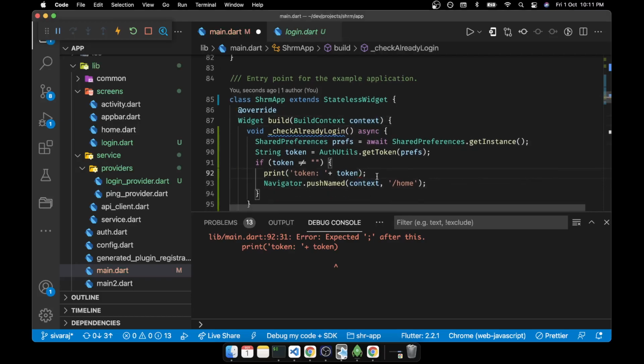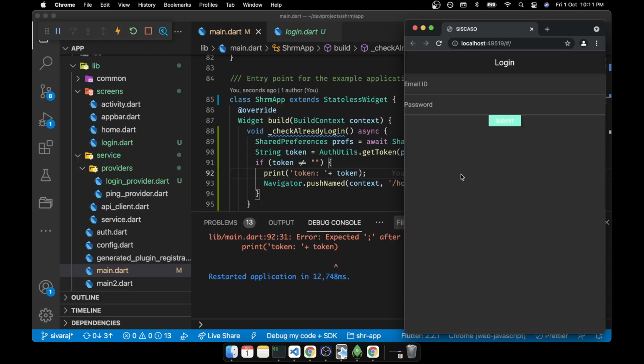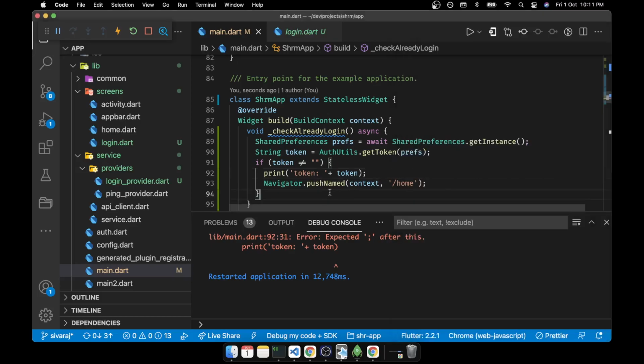Okay, I think here it is not handled. Might not be saved properly. Okay, the console came by the time the login page came. Okay, still it's performing. Is there any error? Still no error.